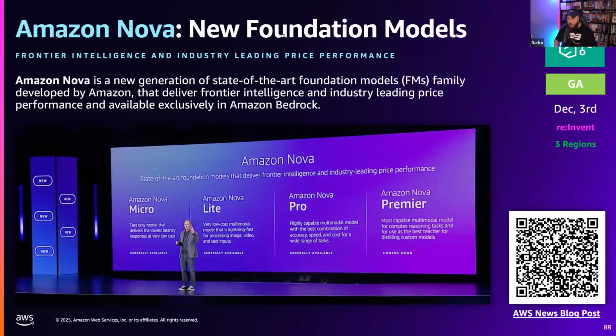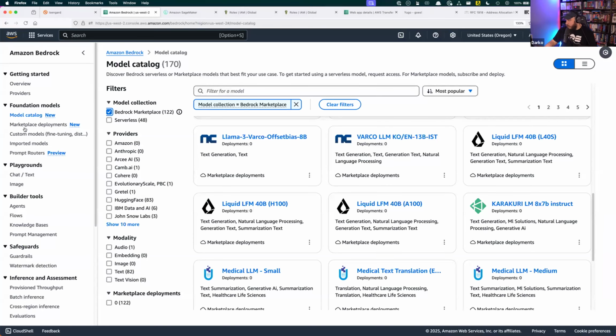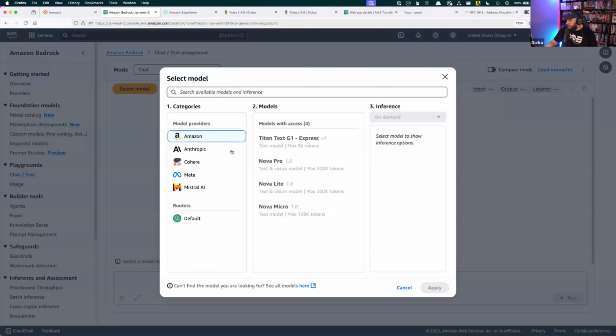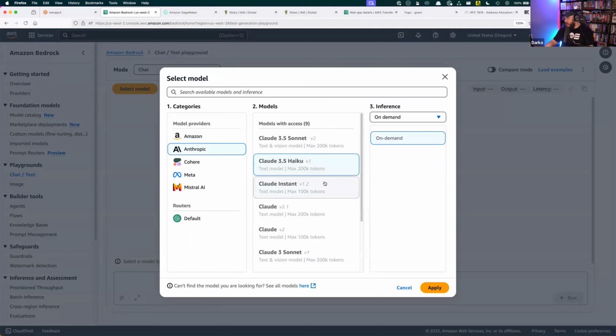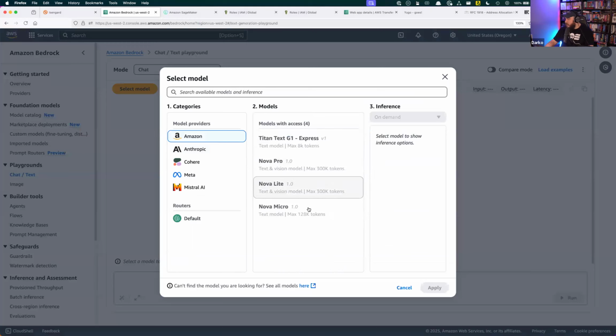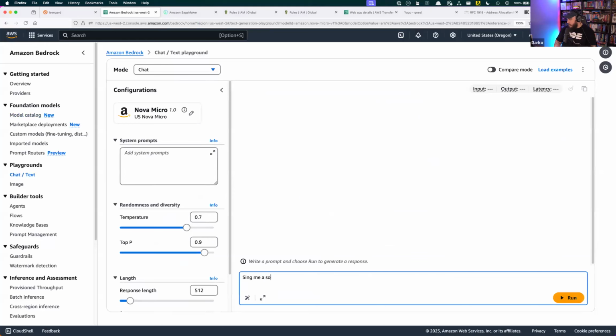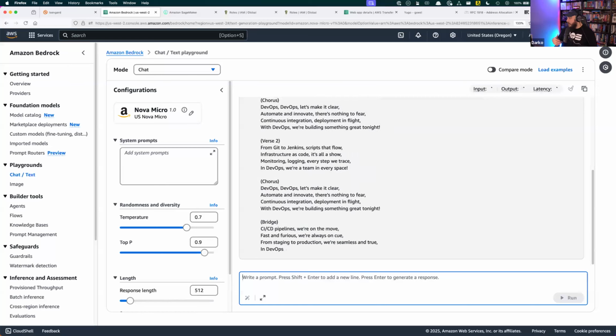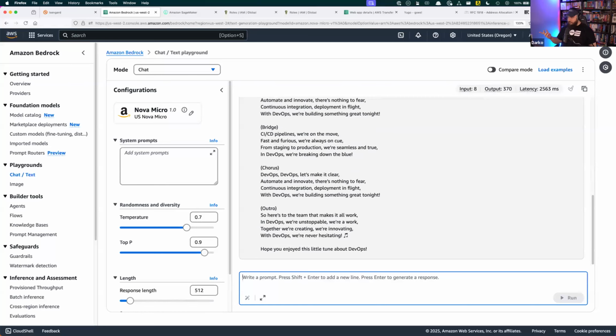And I've showed you one of them in the model thing. But if I come here in the chat playground and select Amazon Nova Pro, first of all, 300,000 tokens. That's an incredible context size. If you look at Anthropic, it's 200,000 tokens. So a third more than the largest model we can handle here. So you can select these models, and again, from anything simple like, sing me a song about DevOps, to a lot more complex reasoning. So really cool, definitely worth testing out.